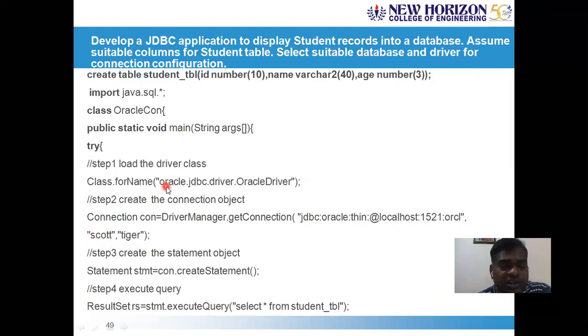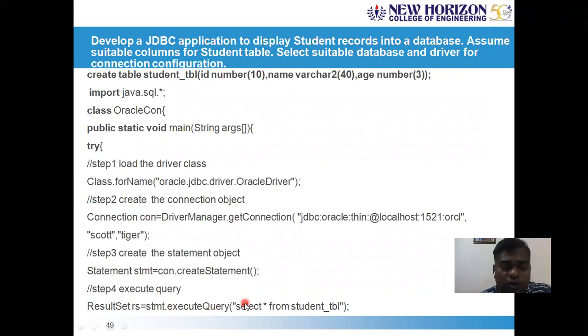So once you register the JDBC driver and create the connection, you should now have a statement object. For the connection you have created here, call con.createStatement(). The statement object is created and returned, and it is stored in a variable called stmt, a reference variable to the statement object. After that, you have to execute the queries like this.